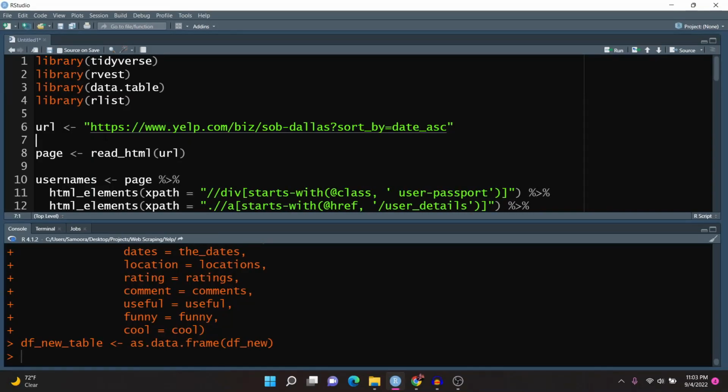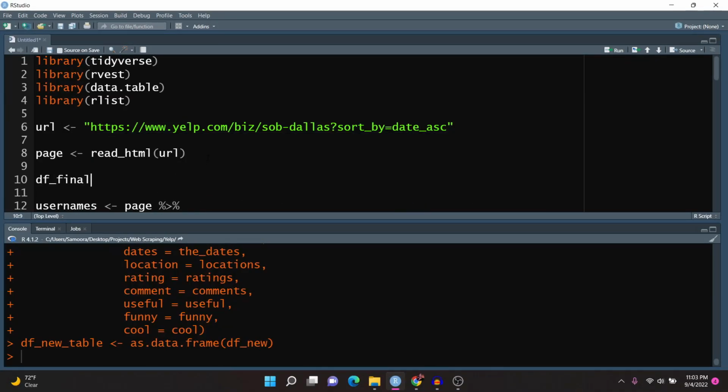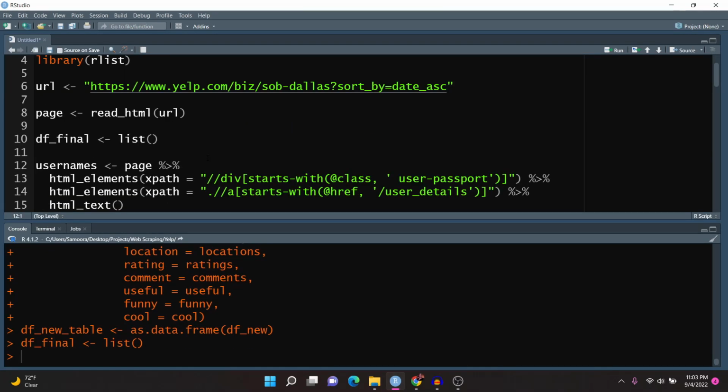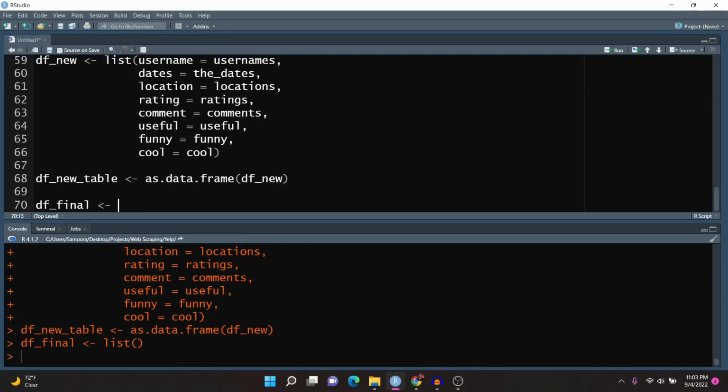So I need to reference that. The dfFinal is where we want to store all of our scraped reviews in one data set, so it's just going to be an empty list for now. And then I am going to use the rbind list function, passing in the dfFinal and then the dfNewTable. So then I run that,